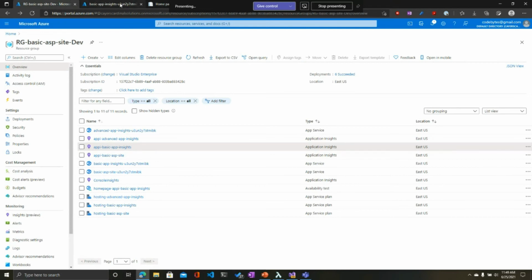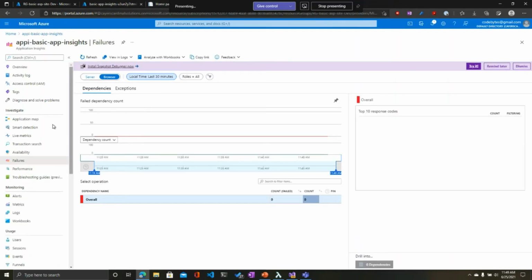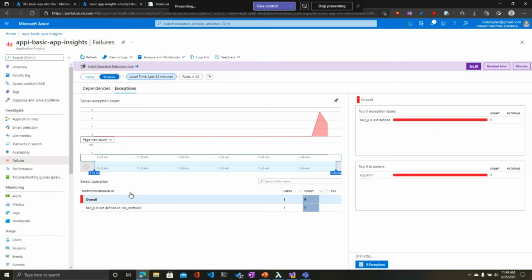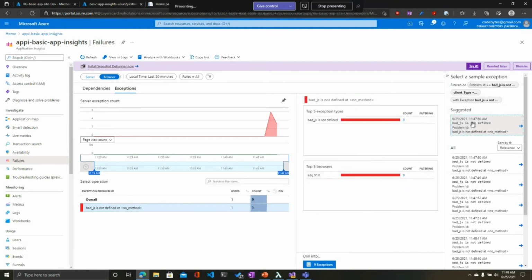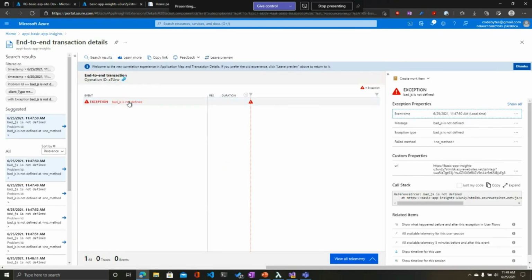This is how we might monitor our apps and how we can see what's going on with them, and we can start troubleshooting those specific issues, those specific failures. This is looking at a browser, looking at exceptions. This is even saying I have some bad JavaScript. I'm using an Edge browser, so it's telling me, hey, it was in Edge. And I can look here and dig into some of my end-to-end requests and see, there's a reference